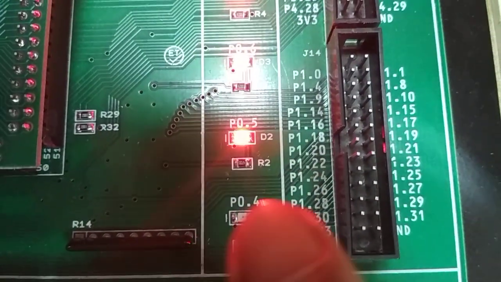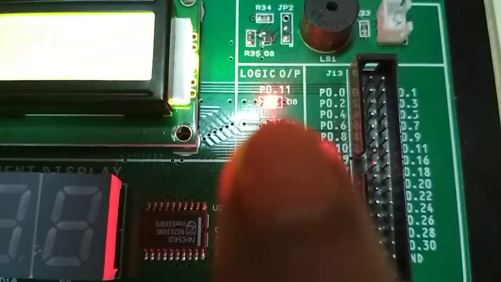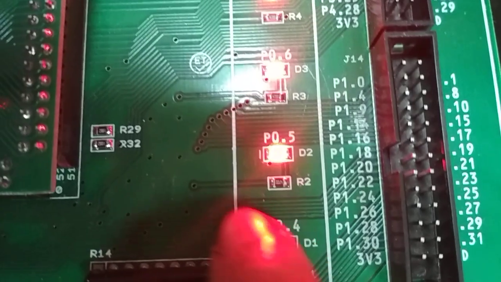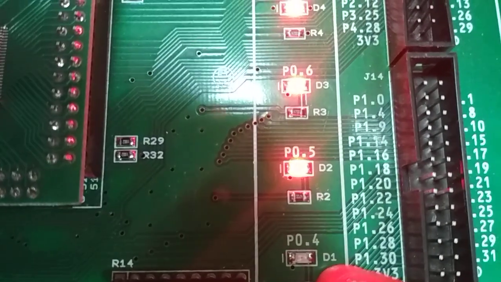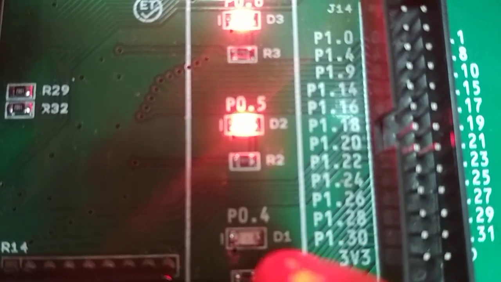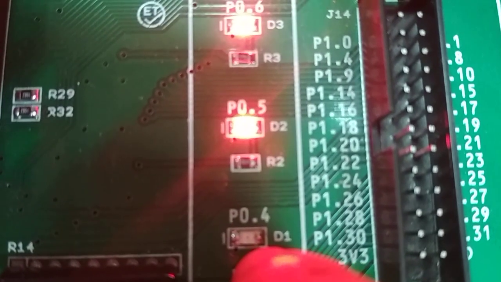You can see P0.4, then P0.5, P0.6 up to P0.11, as I told you before. Now I am choosing this LED, D1, which is connected to port 0 with the 4th pin.